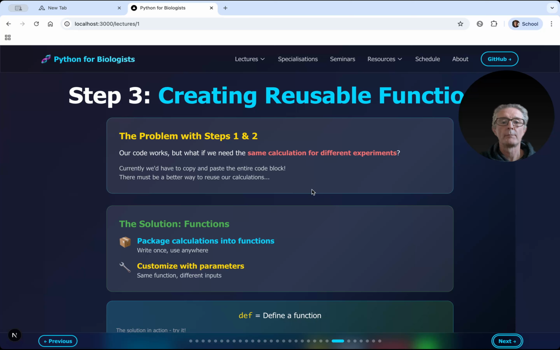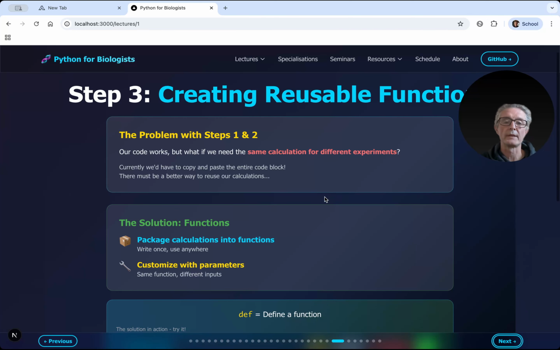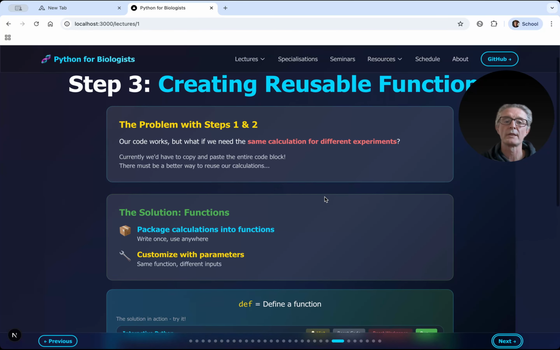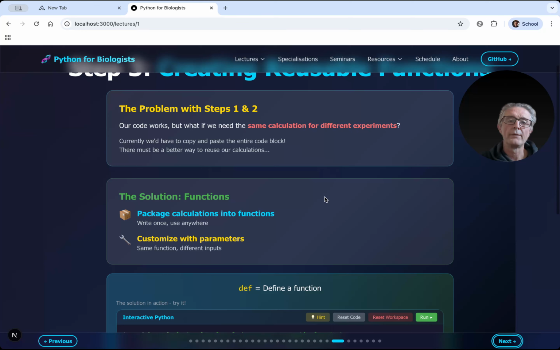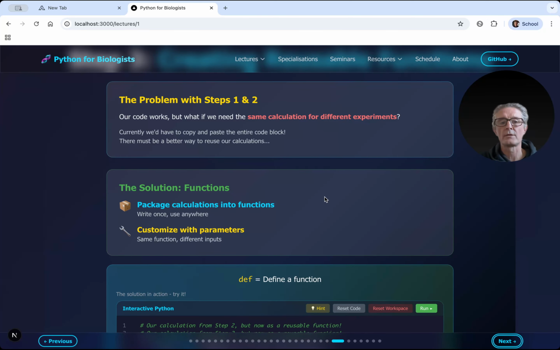The problem is that if you write code the way we did until now, you have to write it again and again if you want to do different things. You cannot reuse it. It's difficult to maintain if you want to change things. So one way of dealing with this is to use functions. Functions are basically a way of packaging code into distinct units, and then you can move these units around, reuse them, change them slightly, and give them a new name,